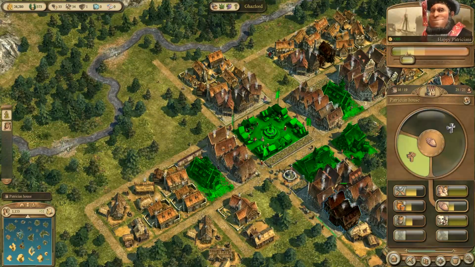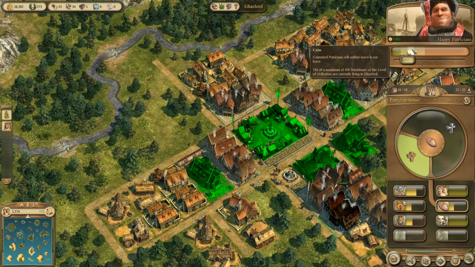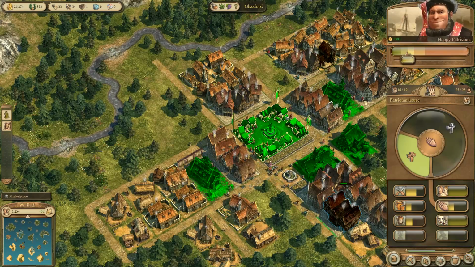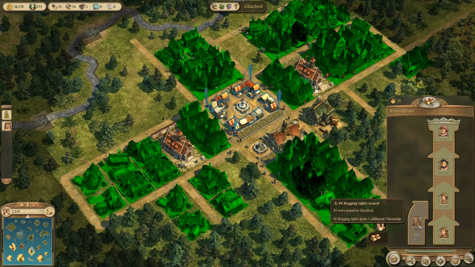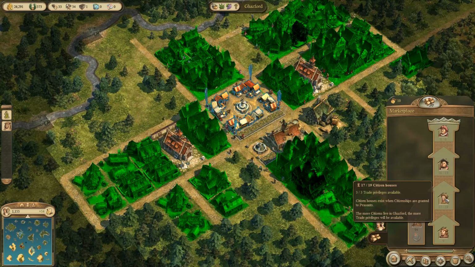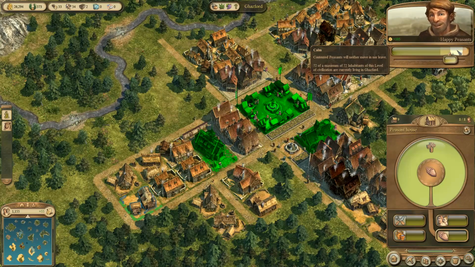Just making sure, though, we do have max tax. Will neither move in nor leave. Now, that's a thing that I could actually be doing elsewhere. We do have room now. Some of these beggars are, I guess, going to take time, but they'll eventually kick up to there. You guys could...